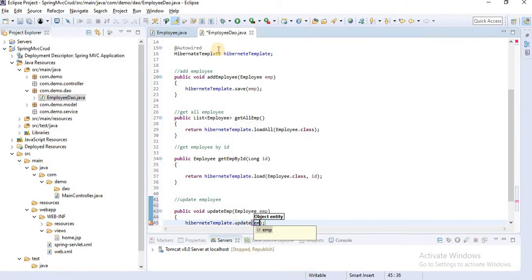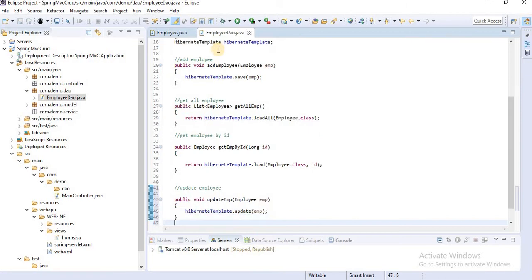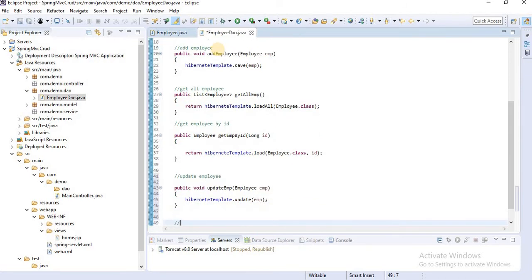As the entity we pass emp. This is also done.